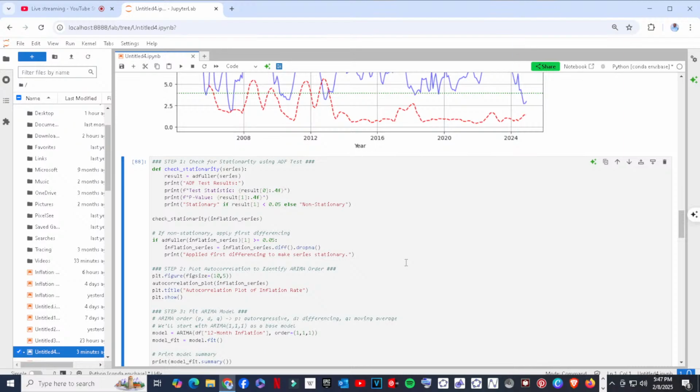Stationarity should mean that the inflation rate has some mean and it oscillates around that mean. It can go above it with a specified volatility, or come below it with a specified volatility.